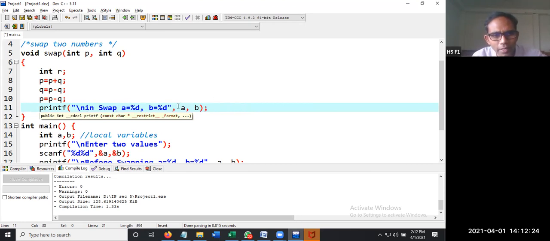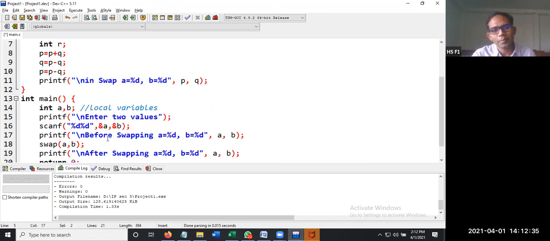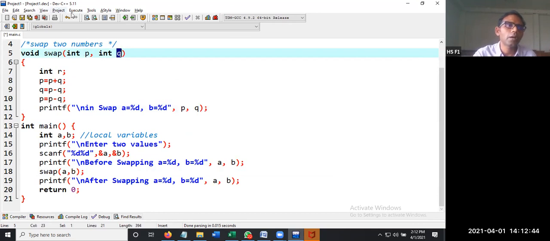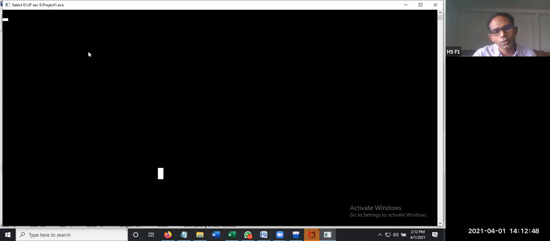Now instead of A, B, let us print P value and Q value, because P will have the A value. The first argument A will be copied into P, and the second argument B will be copied into Q. So now let us execute and see the output.